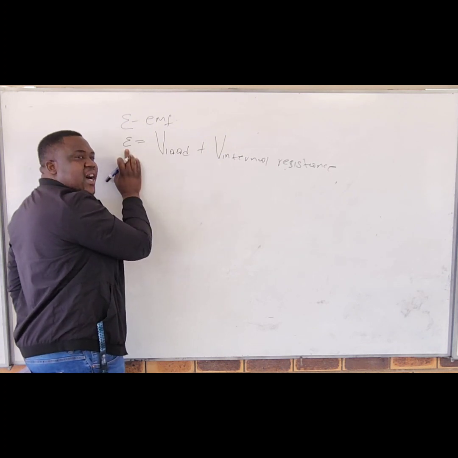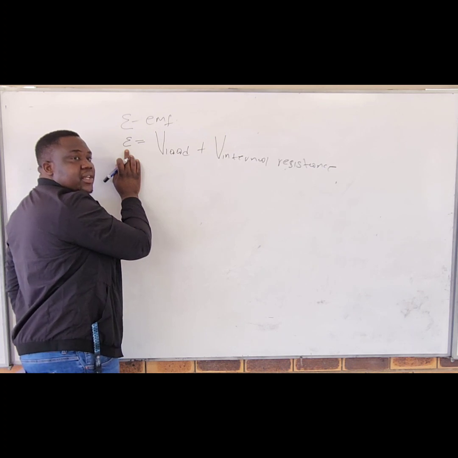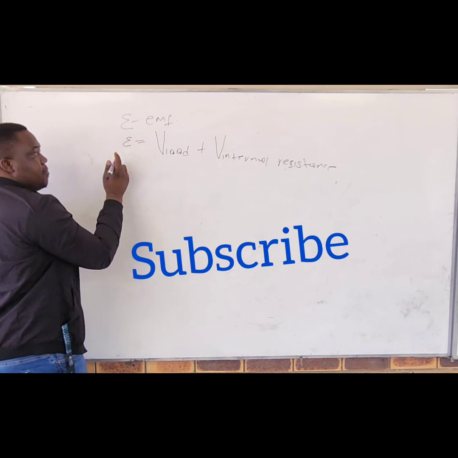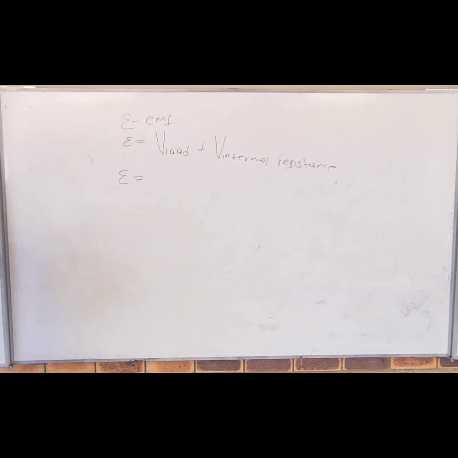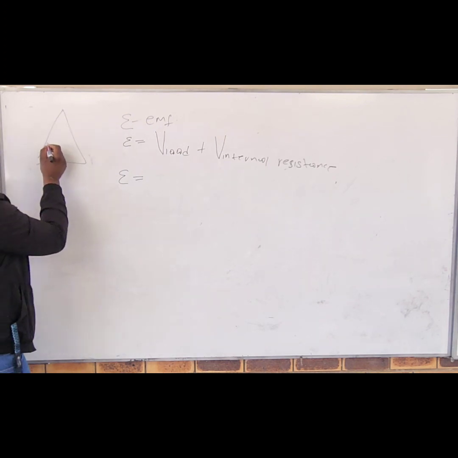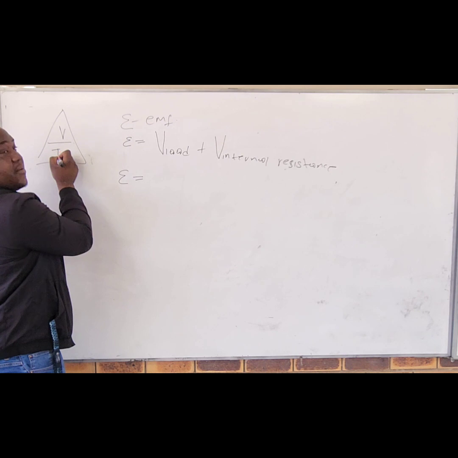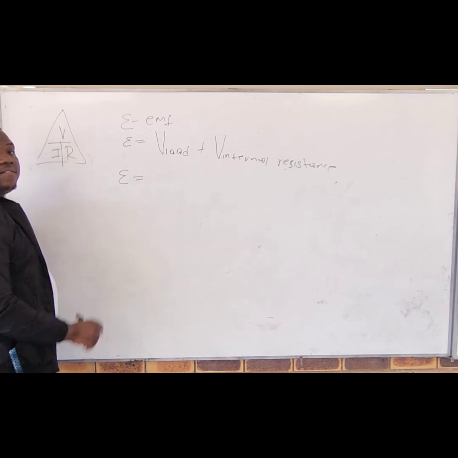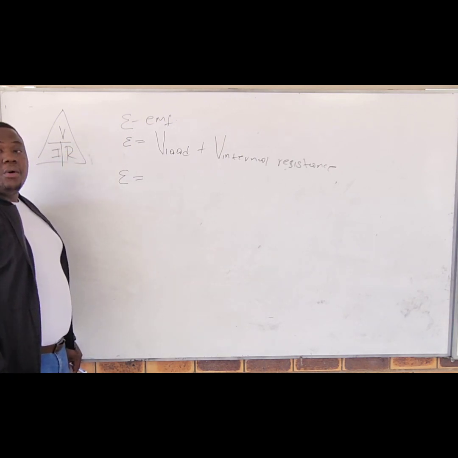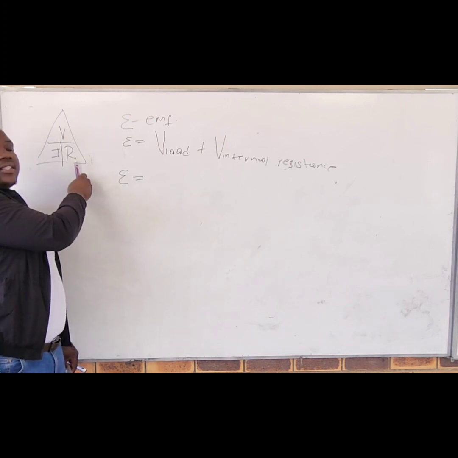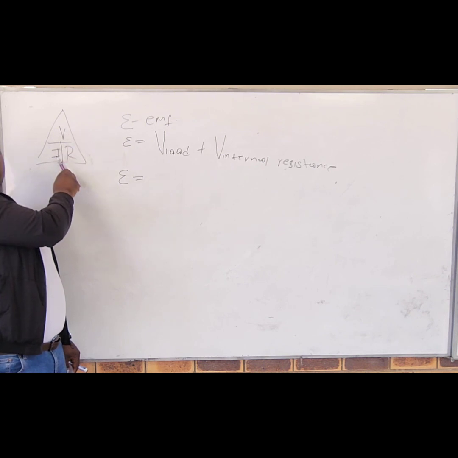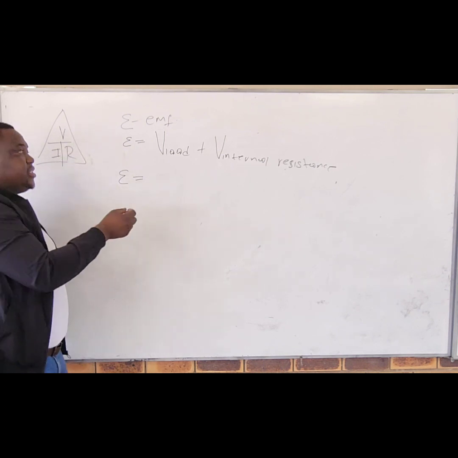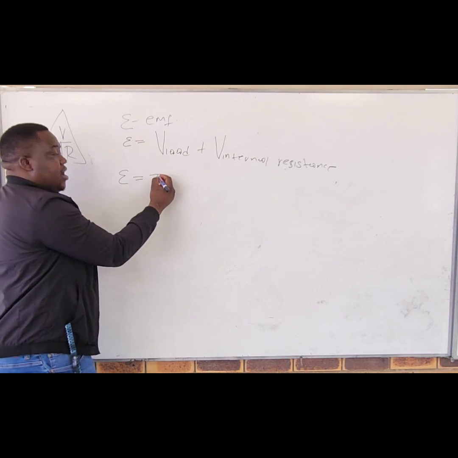Because E is the total, the maximum energy that the battery can provide. You understand? Okay. From Ohm's law, we know that V is the same as, let me make the triangle of Ohm's law. V, I, R. From Ohm's law, we know that V is the same as the product of current and the resistance,